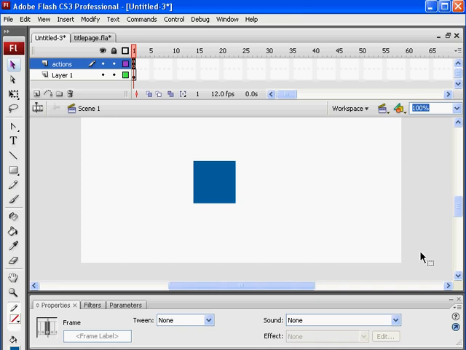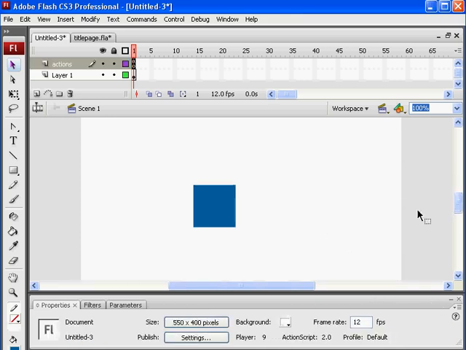Now what you've got here is values. This stage, as you can see down here, is 550 by 400, which means it's 550 pixels across this way and 400 pixels down. 0 is the top left hand corner. So as I move my mouse across on the X, halfway is about 225. That means then that this object's height will change from what it is now,